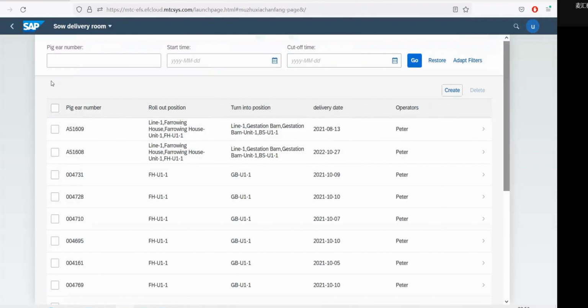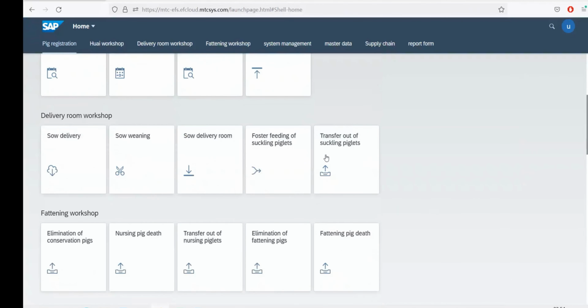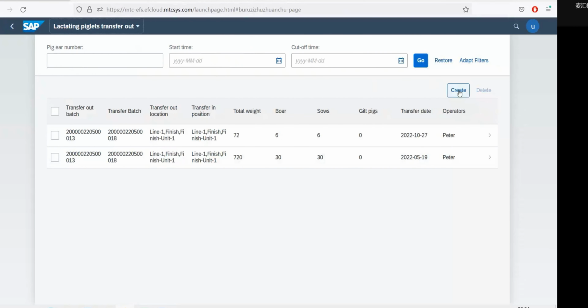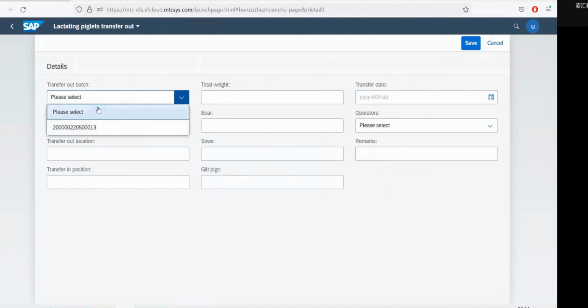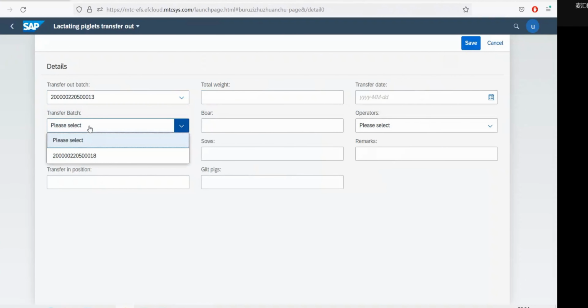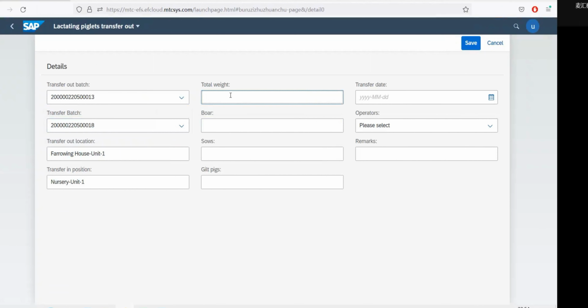After the sow is transferred back to the mating workshop, the next litter can be checked and bred. Piglets transfer out. Click the Create button to enter the document entry screen. Enter separately, transfer out batch. Fill in according to the actual situation, suckling piglet batch. Transfer batch, fill in according to the actual situation, nursing pig batch. Total weight, fill in according to the actual situation, 60 kg, boars, sows, barrows,